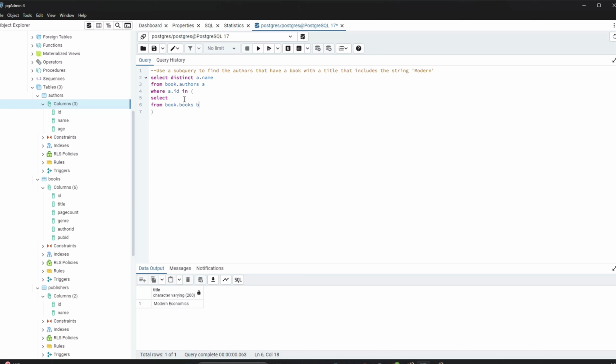We give it an alias B. We want to select B dot, what's that? It's author ID, and we are going to have a where clause where B the title has